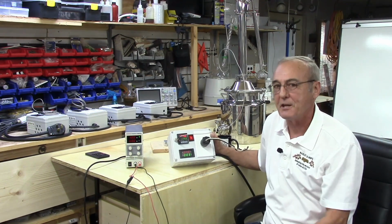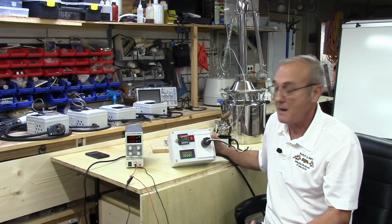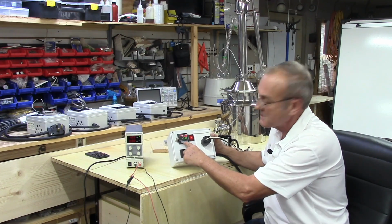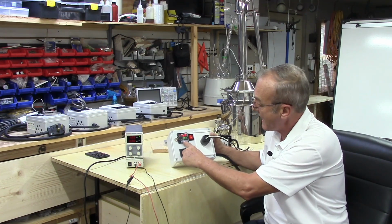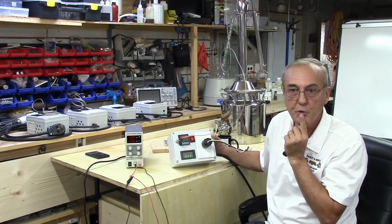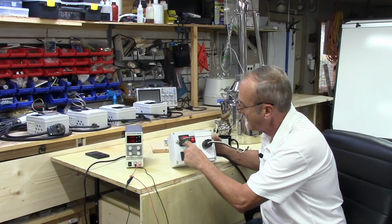What else can this thing do? See, PIDs are really, really capable. And they can do many, many things. Now, watch this. The button next to the set button is called the AT run button. Okay? AT, auto tune and run. If I push and hold that,